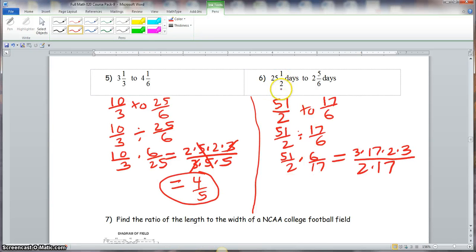Number 6, 21 and a half becomes 51 over 2. 2 and 5/6 becomes 17 over 6. That 2 becomes division. And so we have 51 over 2 times 6 over 17. 51 breaks down to 3 times 17. 6 breaks down to 2 times 3. And 2 and 17 are both prime. So 17 and 2 simplify out, and that would give us 9 over 1, which is just 9. Now, typically we would leave it